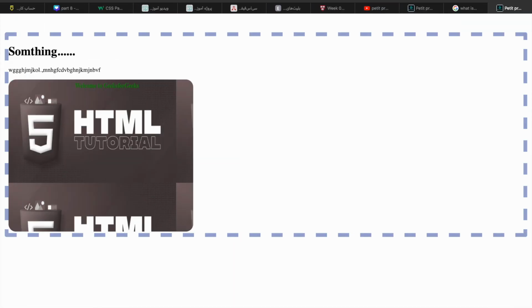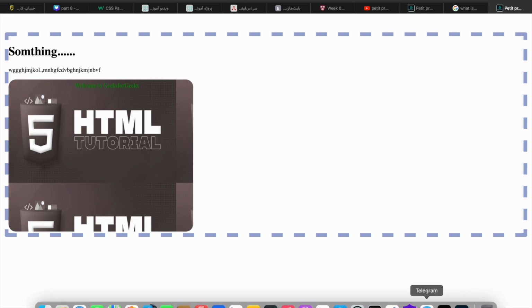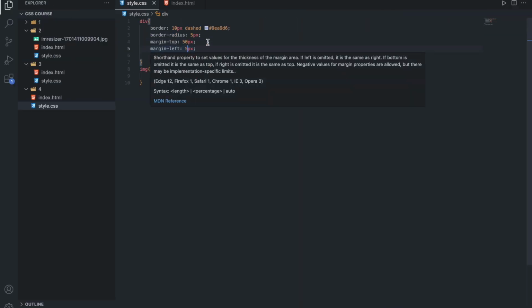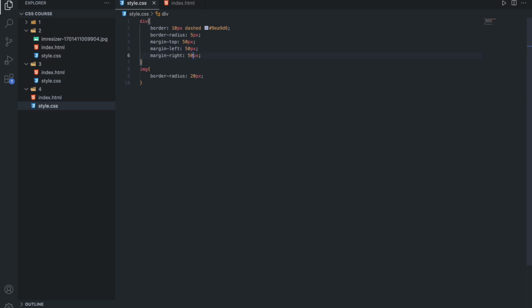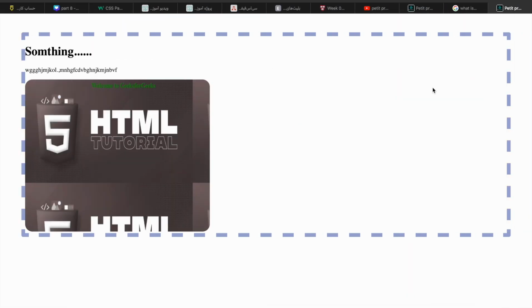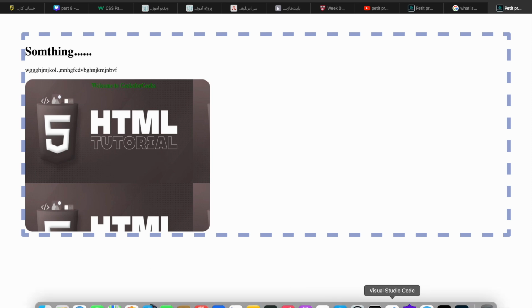Let's write something bigger. Watch here, we have 15 pixels of space from the top. For the left, for example, I write again 15. For the right, I write 15. It has some space from left and right. And from the top, if we had another element below this,